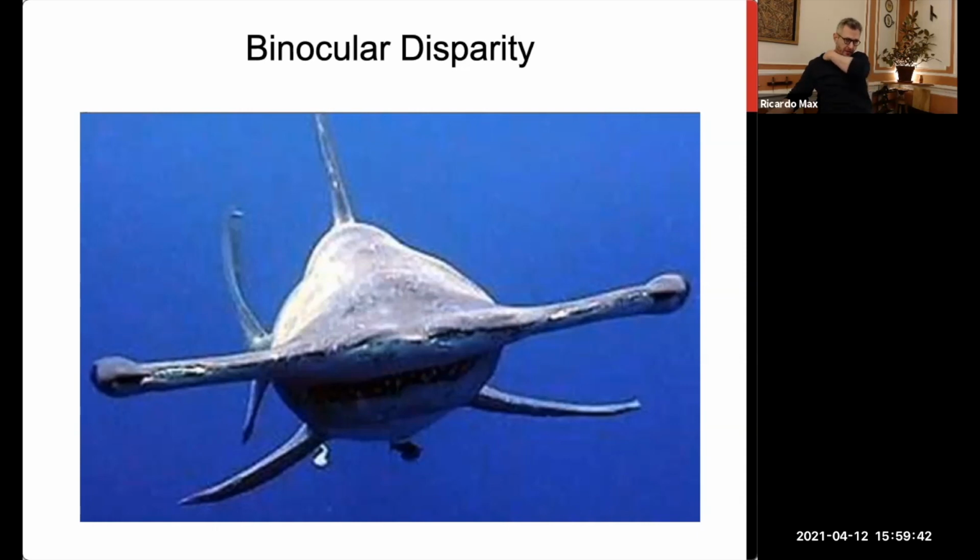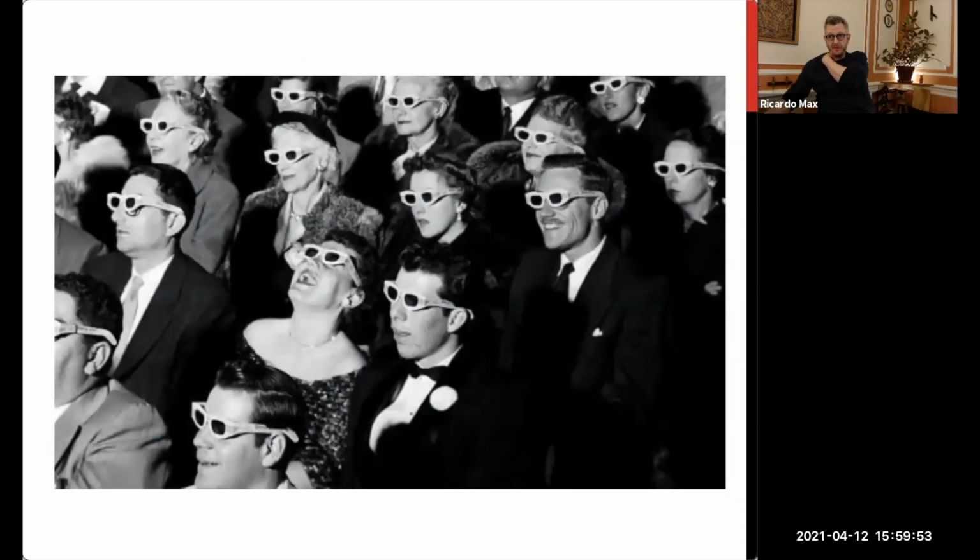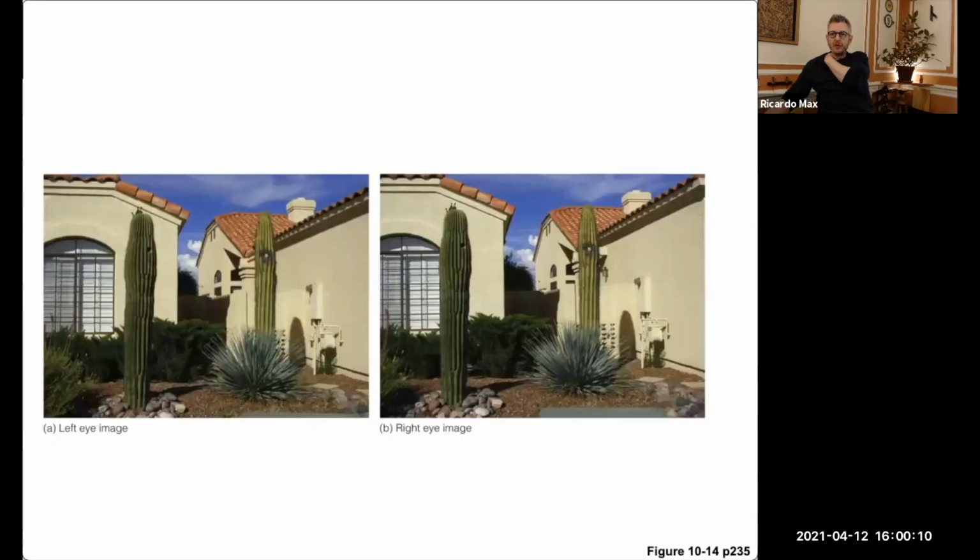rather effectively, but the larger the distance between the eyes, the more information you have. And that's how we can also fake the sensation of 3D by presenting different images to each eye. So each eye, because of this distance, as you can see here, the retina has a slightly different image. We can see mainly here, right?